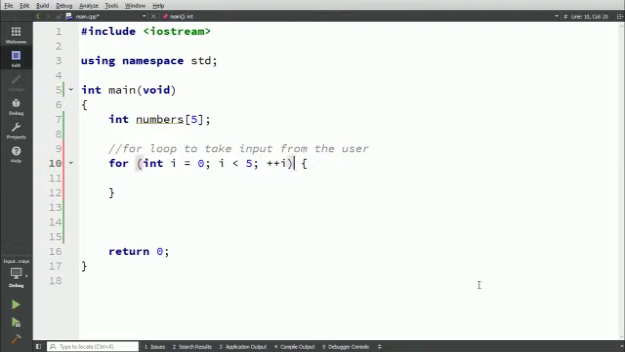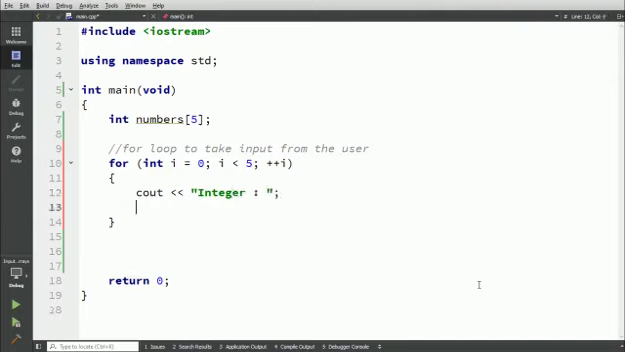And then after that, we are going to come here and say cout value, integer value, right? Every time the loop runs, this statement is going to be executed, and then we are going to provide the value from the keyboard, and cin is going to store that in numbers[i], right? So what I did here,